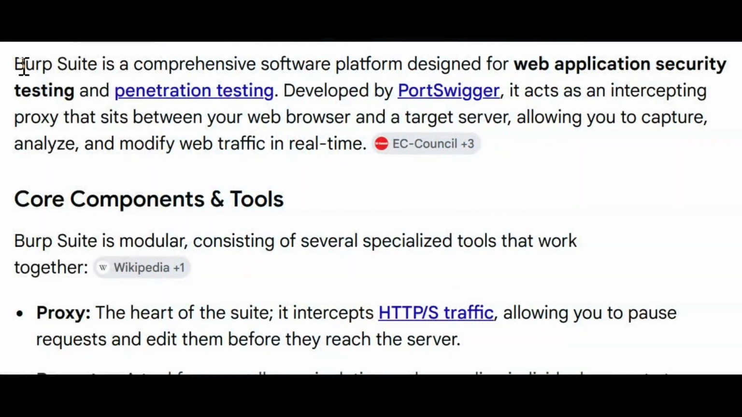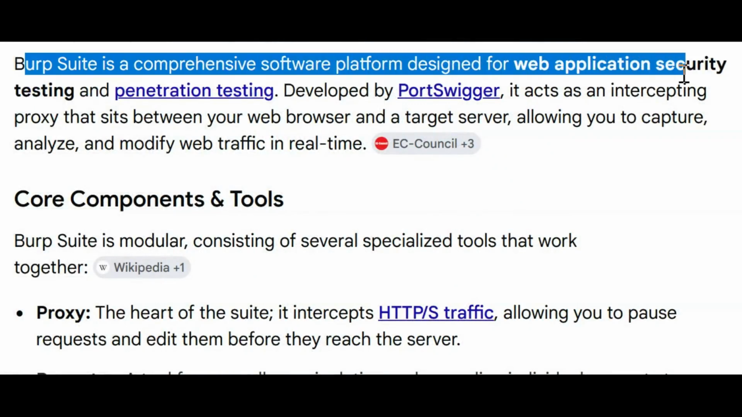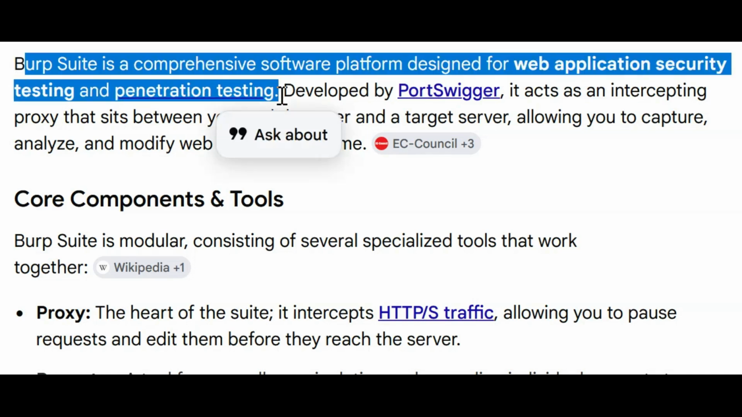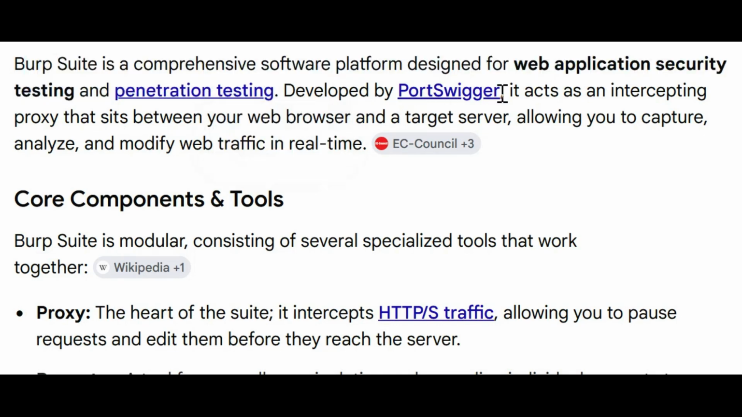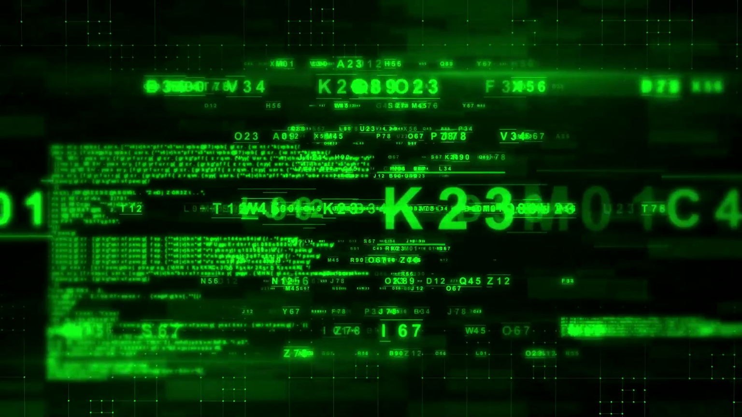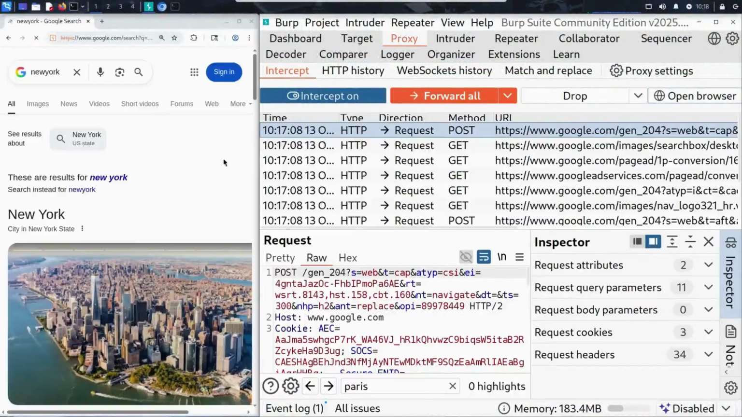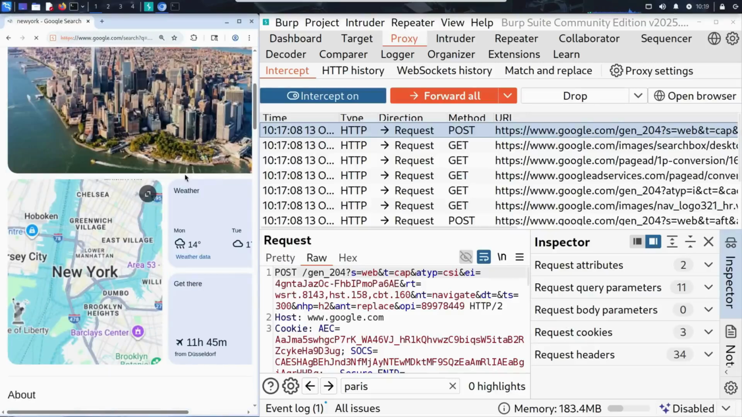So what is Burpsuite? Burpsuite is a web security testing tool that acts as a proxy between your browser and a web application. It lets you see, intercept, modify, and analyze HTTP and HTTPS traffic. This gives you deep visibility into how web applications communicate and where they might be vulnerable. Burpsuite is widely used by security professionals, penetration testers, and bug bounty hunters because it's powerful, flexible, and extremely effective